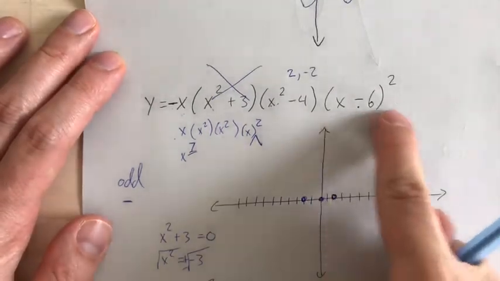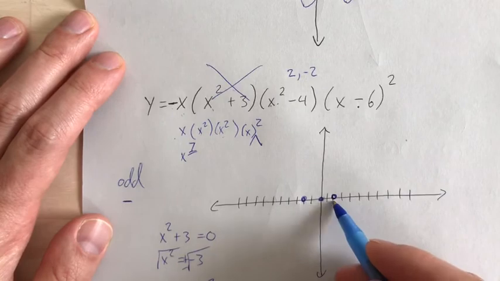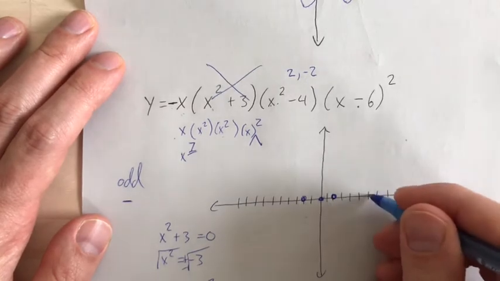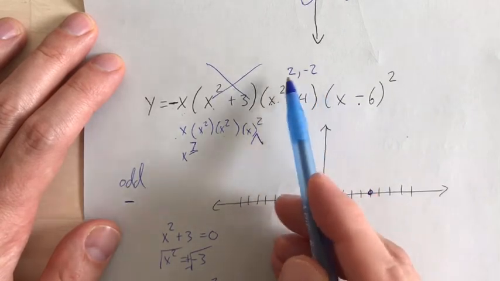And last but not least, I got this guy. When I set this parenthesis equal to 0, I get 6. So 1, 2, 3, 4, 5, 6. Now, the difference between a problem like this and a problem like this gave me 2 intercepts, and these are